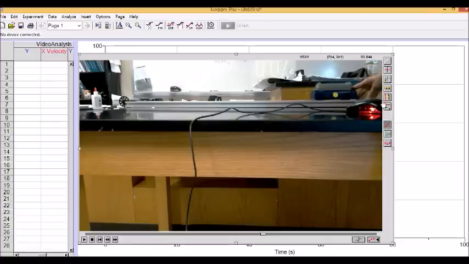Okay, now I'm going to put in my X and Y axes first. This is the one with the little green crosshairs right there. Since mine is going from right to left, I'm going to put it over here and spin it around. You don't have to do this. I just like to do this because that way I'm going to get a positive acceleration. If yours is going from left to right, then just put your X and Y axes in there somewhere. Make sure this line is parallel with the ramps,